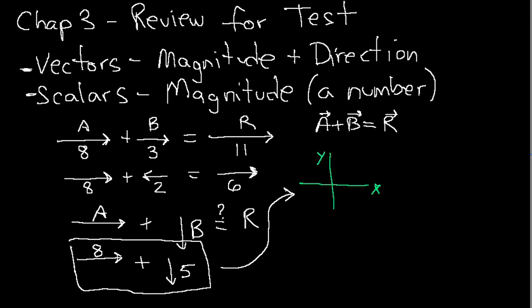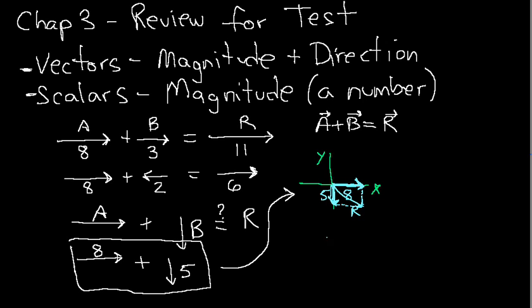And we're going to put our vector representing 8 along the x-axis, because it's heading that direction, and we'll say that's 8. And there's another one going south at 5, so we'll put the 5 over here. So this 8 is associated with the x component, and this 5 is heading in this direction. So our result, we draw the little box, and our result is going to be going in this direction here,